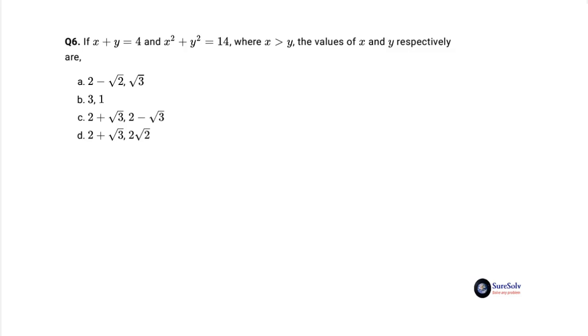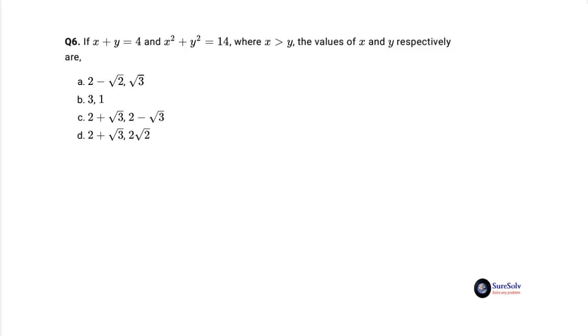To evaluate x and y, you have to get the value of x minus y, and together with x plus y, you will get the individual values of x and y. That is easy. Working backwards one stage, to get the value of x minus y, just subtract the value of 2xy from x square plus y square and take the square root. So you will end up with the immediate task of finding the value of xy.